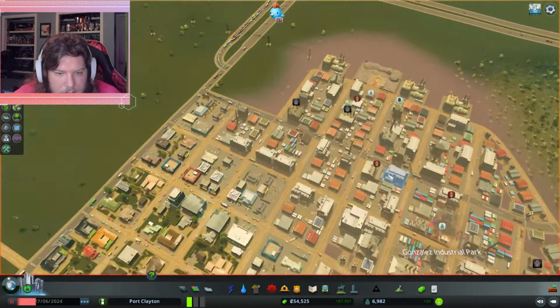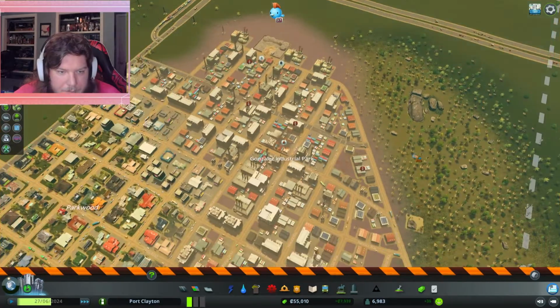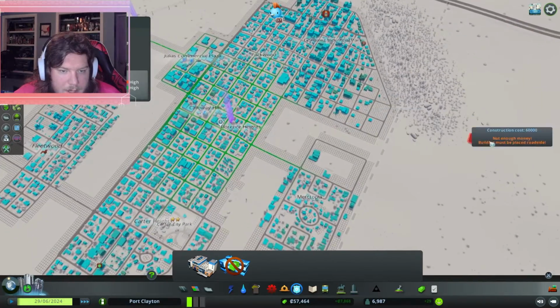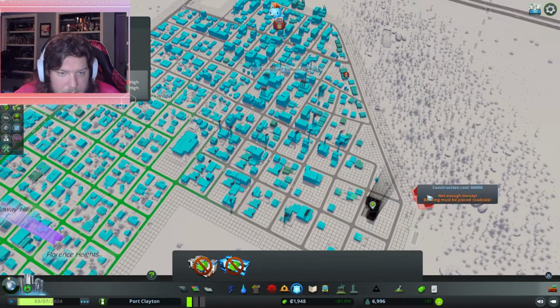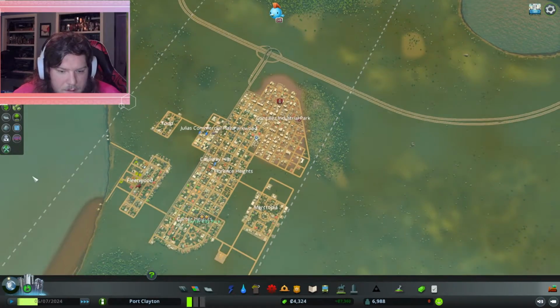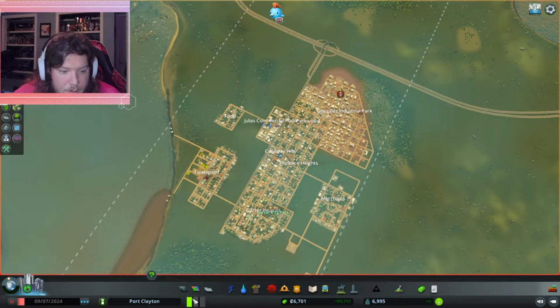Abandoned buildings. So we want to come in here and bulldoze abandoned buildings. Once we tick up, we're going to add in a police headquarters right into downtown. We can go ahead and add it like right here. Good. Ooh. Our population dropped. Okay, now it's going up a little bit. But that's because we have way too much of a need for